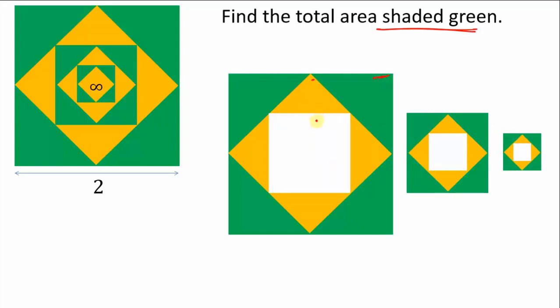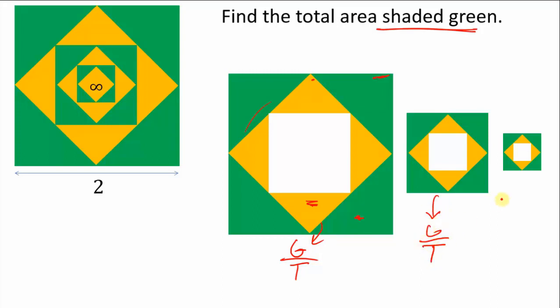There are infinitely many such shapes, right? All of them are similar. Yes, all these shapes are similar. So whatever is the ratio of green to orange in this figure, the same ratio will hold true for this figure as well. The ratio of green to orange will be the same here also and here also. I am talking about the ratio. Also, the ratio of green area to total area for this figure, the same will be for this figure as well.